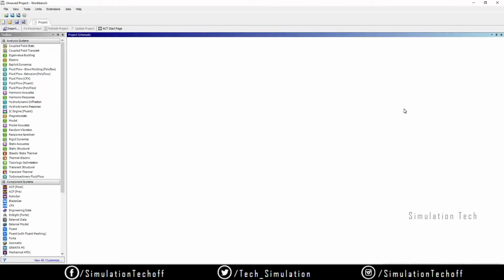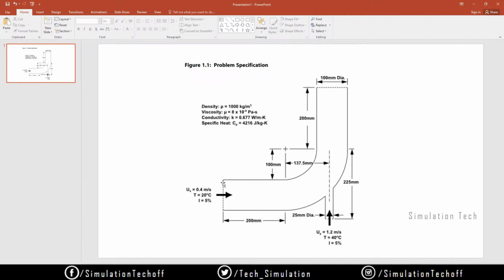So today we're going to see flow mix and heat transfer analysis on a 3D elbow pipe. For that, first I will drag and drop the Fluent flow environment, and then we'll create that elbow structure, that elbow pipe section. The dimension of the pipe is this. The configuration, like density, velocity, viscosity, and conductivity, has been specified in